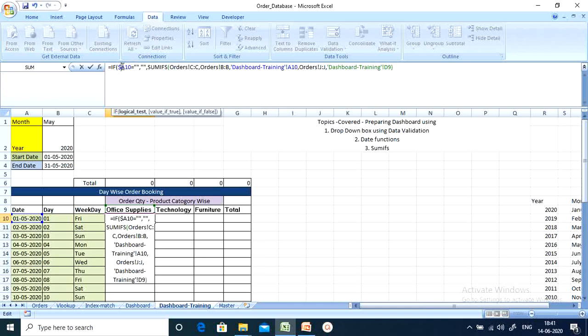Since my column is constant, I am entering the $ symbol before that, and my column will be the same for all the criteria.